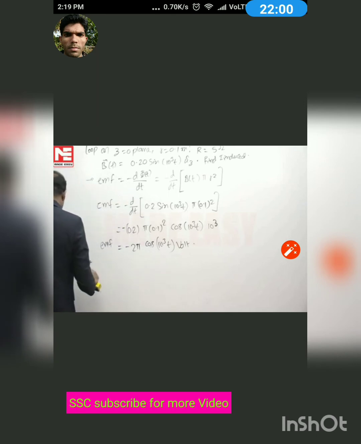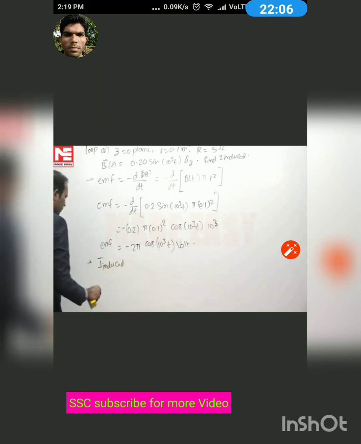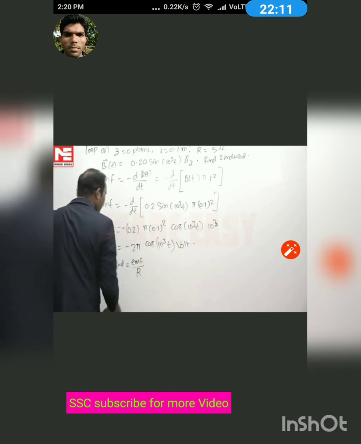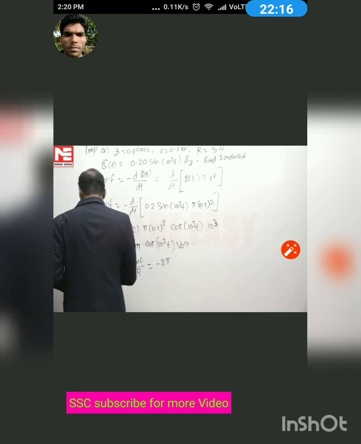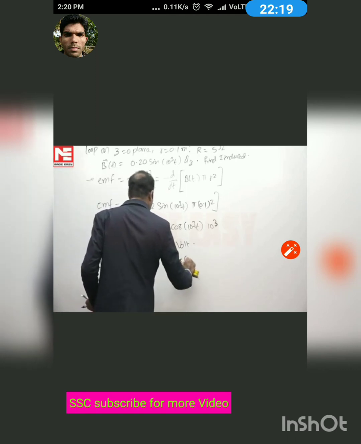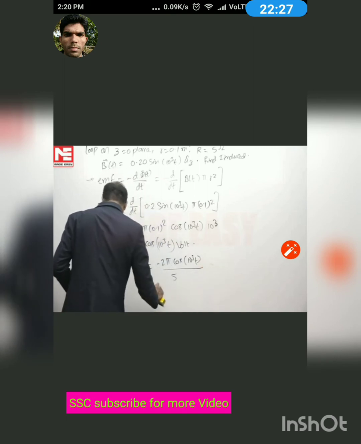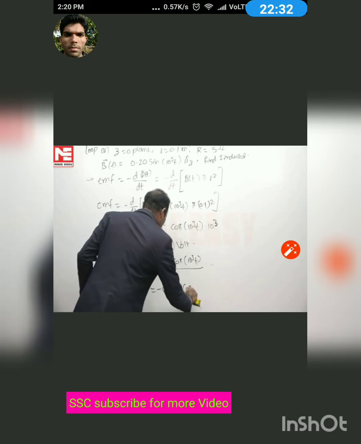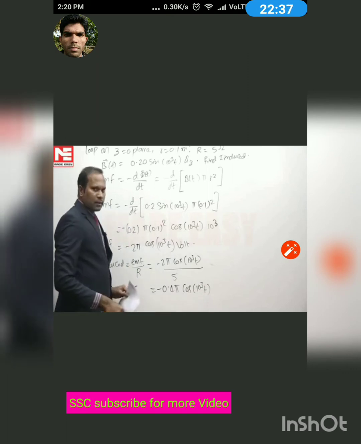Now the current you want. The induced current is equal to the EMF divided by the resistance of the loop, that is minus 2 pi cos(10^3 t) divided by 5 ampere. So after simplification, minus 0.4 pi cos(10^3 t) ampere. So the correct option is